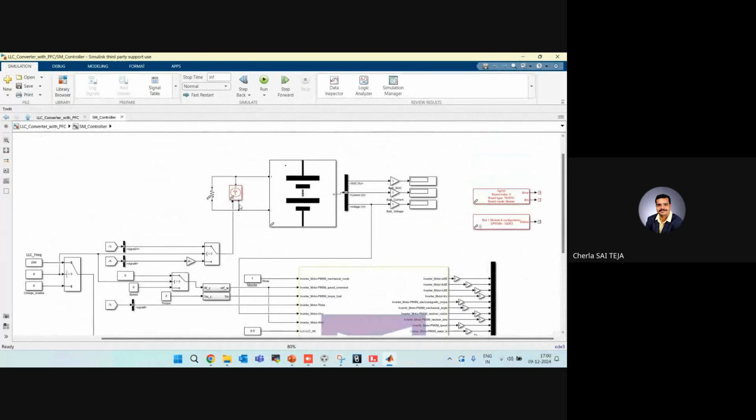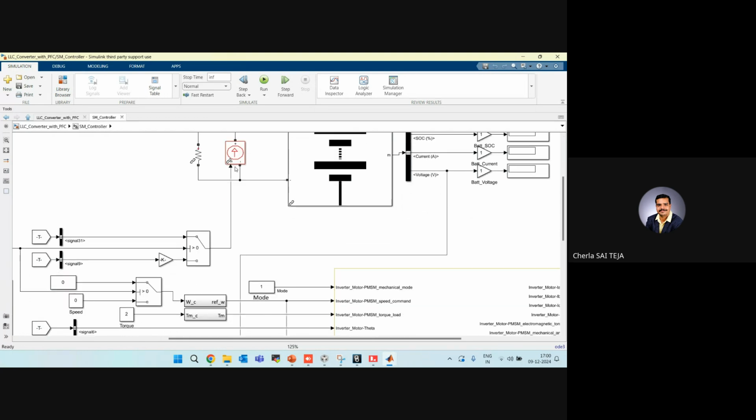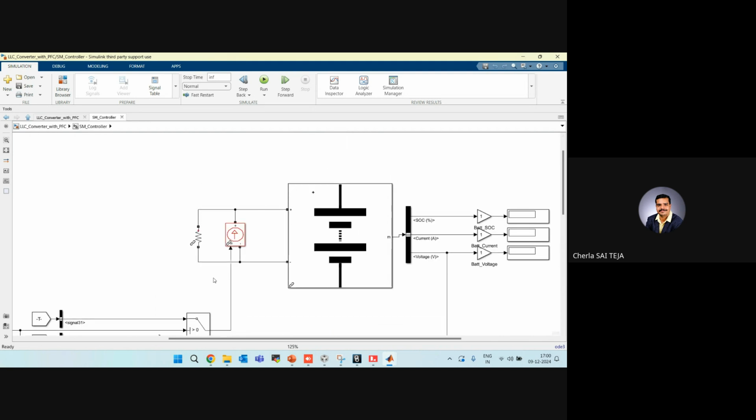If you see here, we have a dependent current source. Whatever current is flowing through this battery will be fed to our converter via this dependent current source. This is how we interlink this battery pack with the